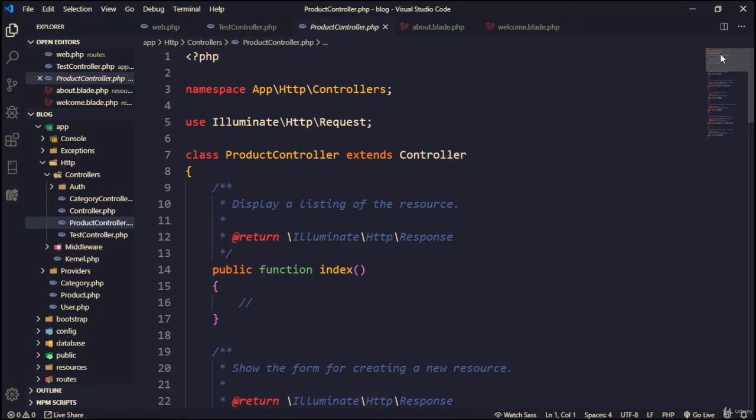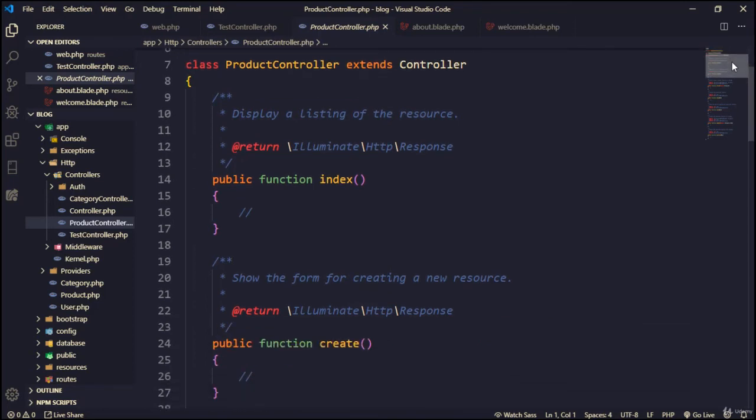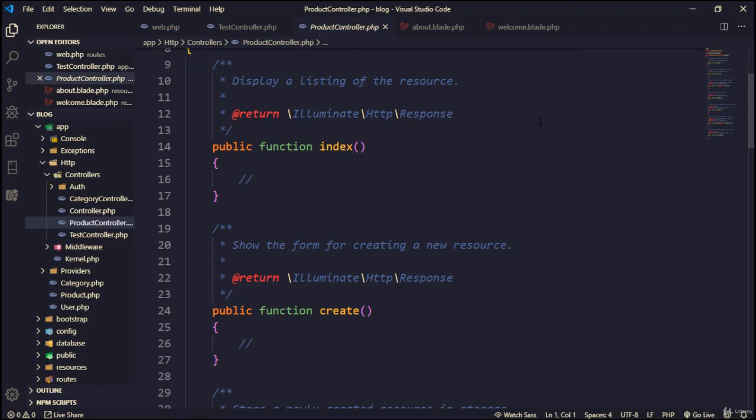I know that most of the people taking this course are not beginners, but I'm doing this for the sake of the beginners, so that they may catch up with the project that I'm going to begin. So what are controllers? Controllers are the logic of the application. For example, to demonstrate what a controller does,